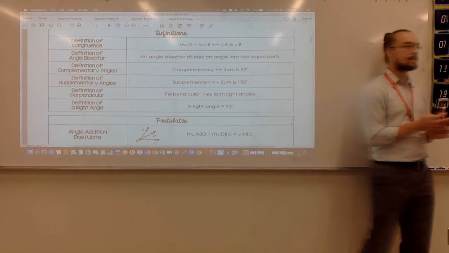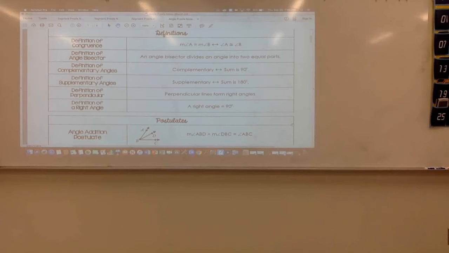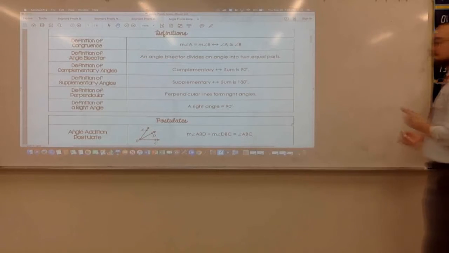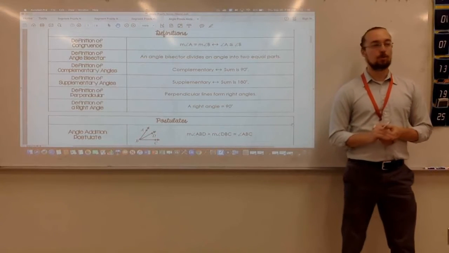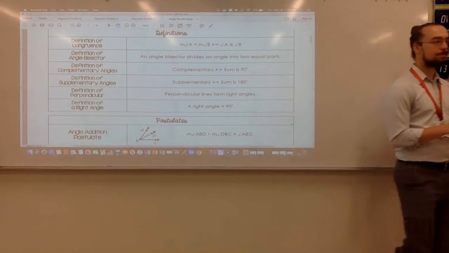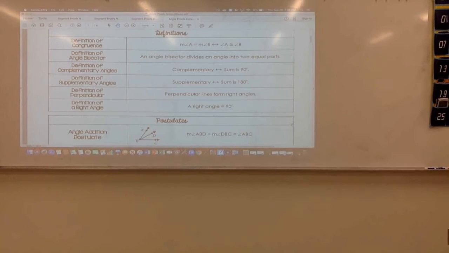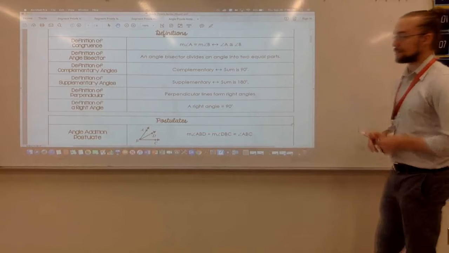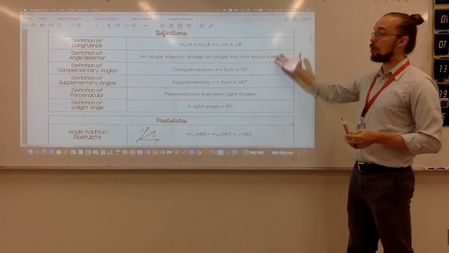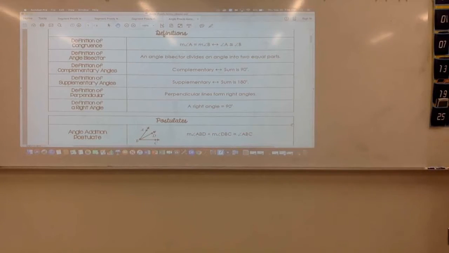Take a look at these definitions, and postulates, and theorems that we have for angles, right? So the first few, we just have 6 definitions, and these are all things that we've actually already talked about,